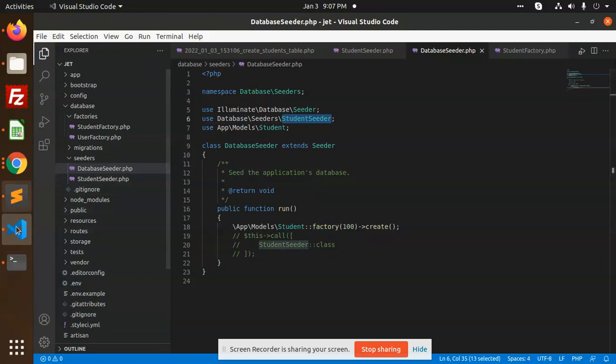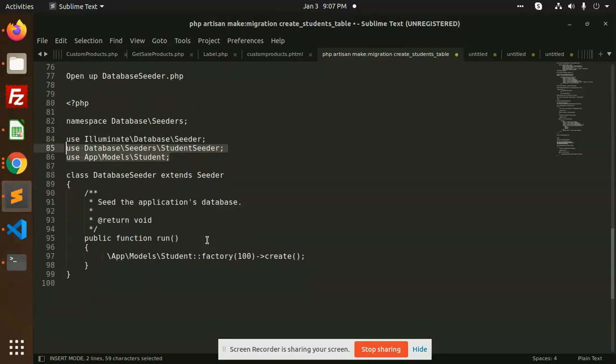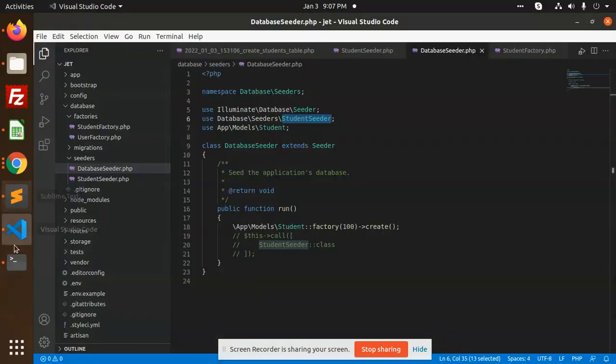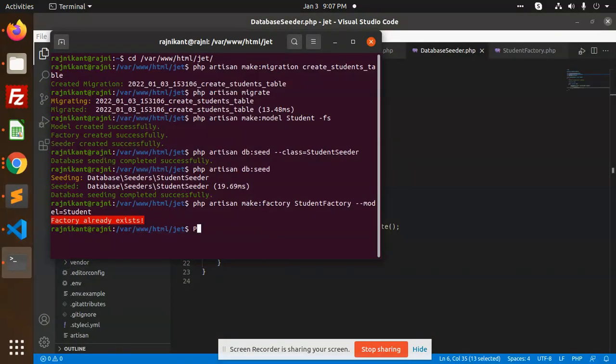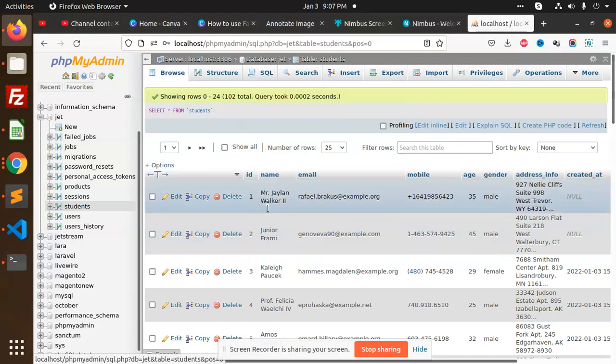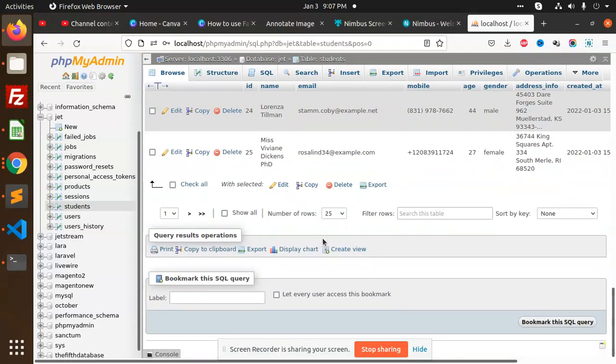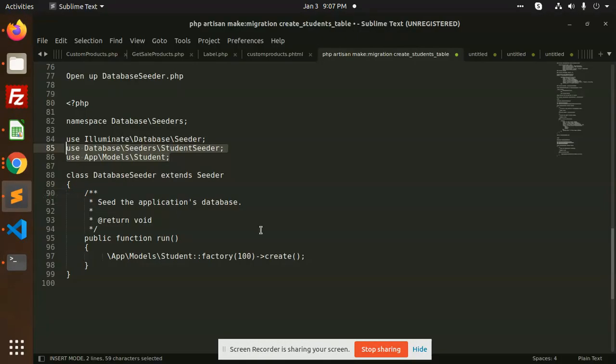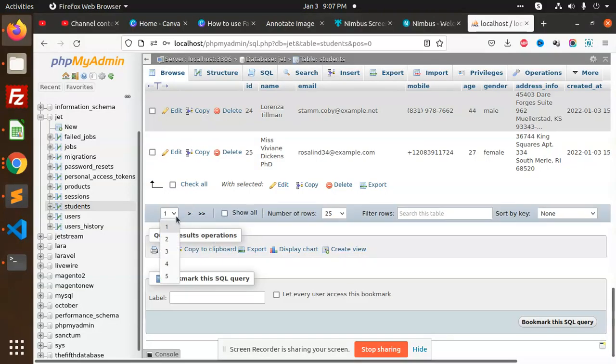Okay, so let's run the command and check. php artisan db:seed. Let's check. See, all the rows are created. How many rows have we defined in the class? 100. So let's check.